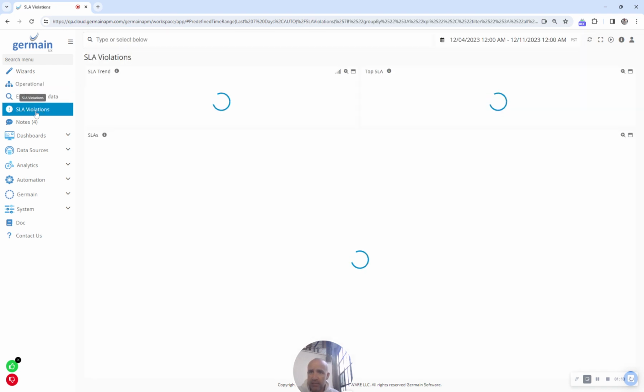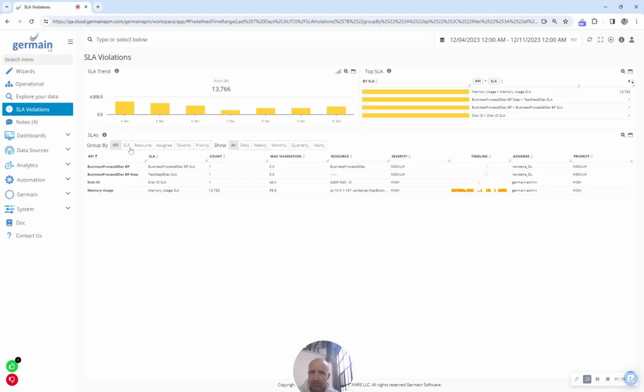Then you've got the SLA violation screen, which is very similar to the operational dashboard. It helps you understand, out of all the configured service level agreements in the system, which are not performing well, and what you should focus on and prioritize your